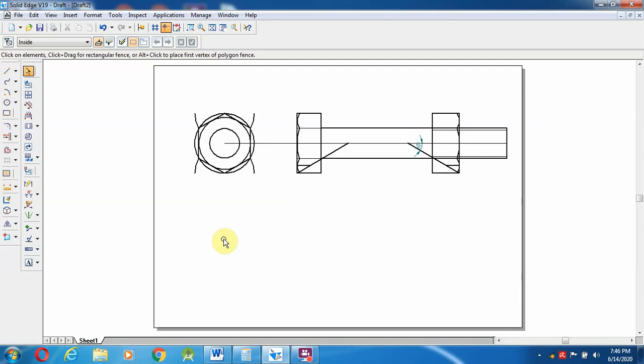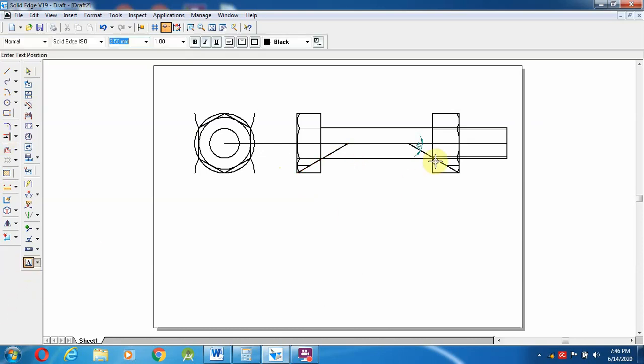Then comes here. So whatever you extended, you can mark as O1, and wherever the 30-degree line cuts the axis, that is O2.